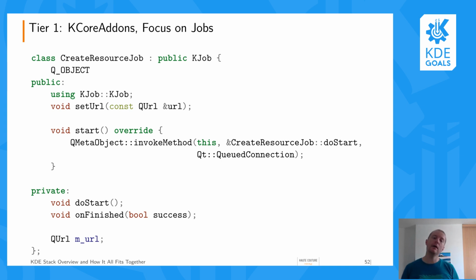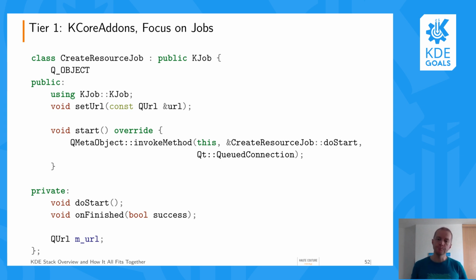KJob is an interface for modeling those tasks. It is in no way providing any mechanism for making sure that what you implement is actually asynchronous. That's up to the implementer to do that, okay? And so you can make it wrong and then inherit from KJob and make something which is not asynchronous at all, and then there's no benefit in using KJob anyway. But the real value is in the consistent interface we have for all the job-like stuff across KDE applications, thanks to that common interface. And we'll see that it provides interesting